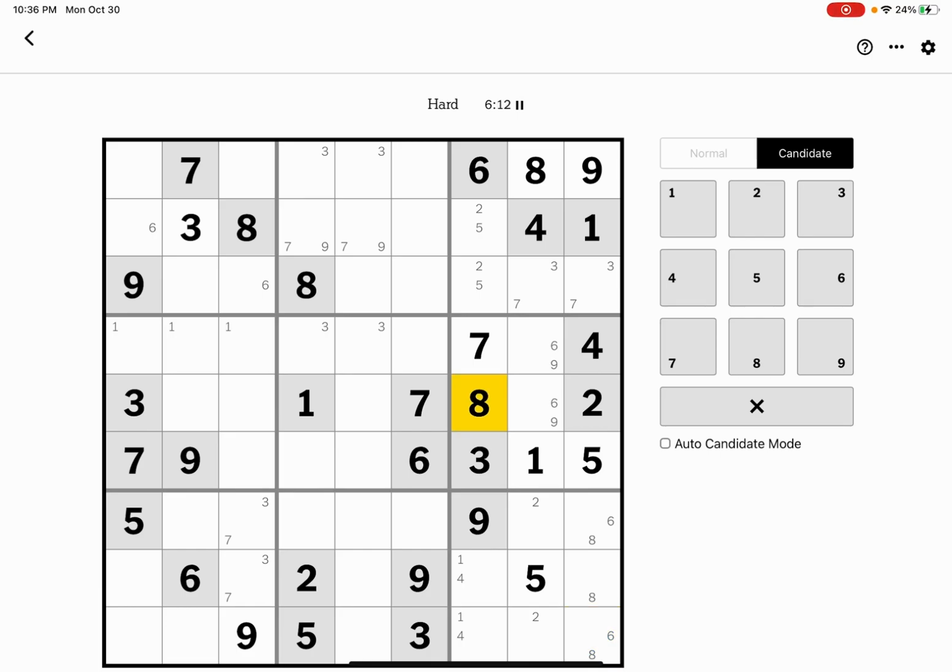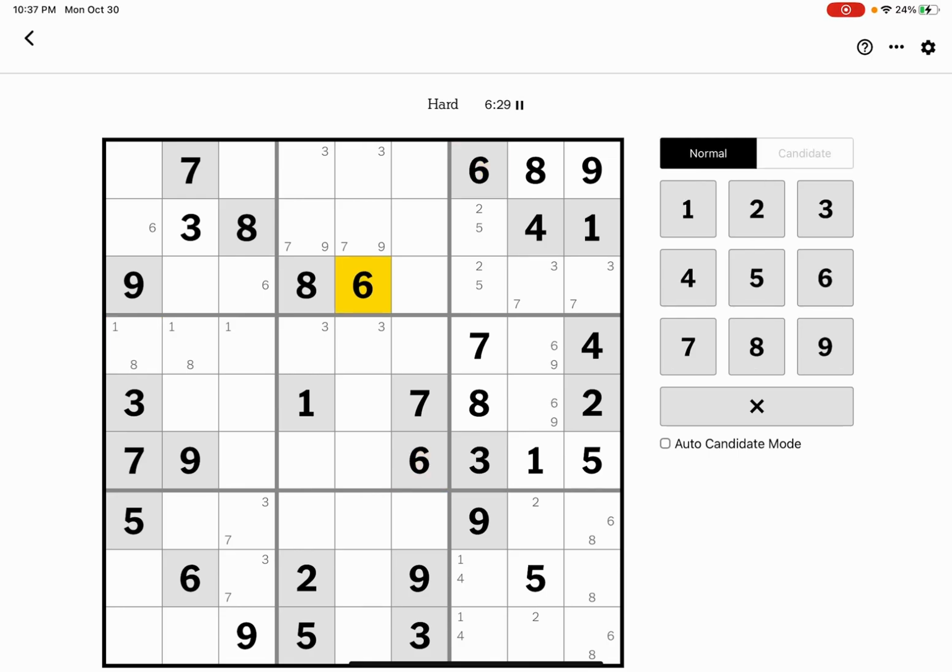Ooh, and between this 8 and this 8, we also have a nice little 8 candidate there. Okay. Is that where we were? I feel like I'm missing something. Yes, because between this 6 and this 6, that leaves only that square for 6, because again, these are exclusive to 7 and 9. So this one cannot be 6. We have a 6 there. And between this 6 and this 6, we have a 6 here, which means this cannot be 6, which puts it there. All right, so,